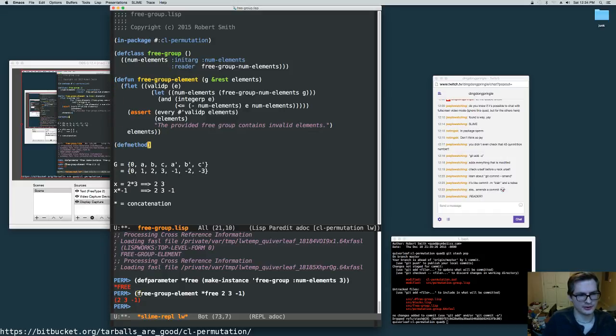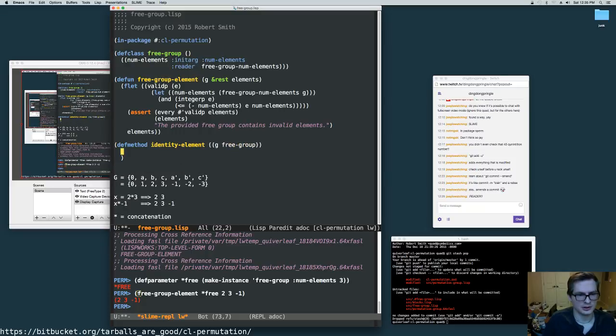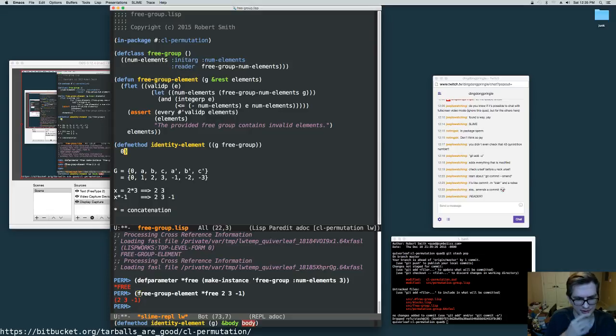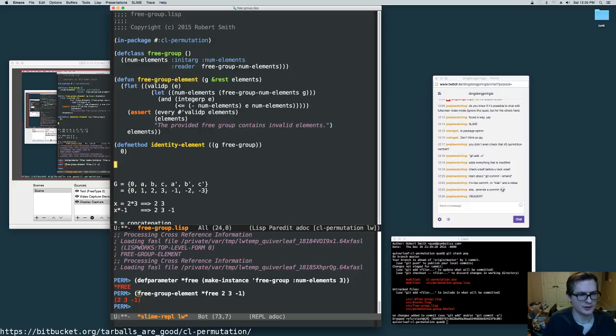So def method group identity. Oops, it wasn't group identity, it's identity, the identity element of our group, which is a free group. Simple. Our identity element is always just 0. It might be a good idea to put that into a list. Well, hold off on that for now. Def method compose, if our group is a free group,